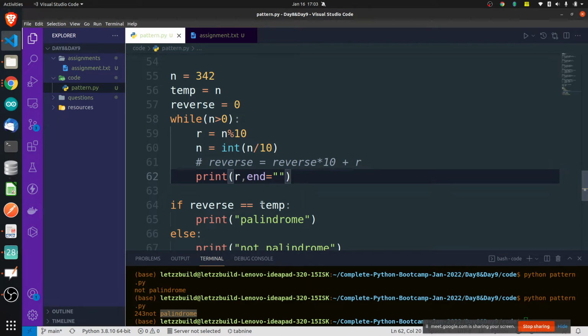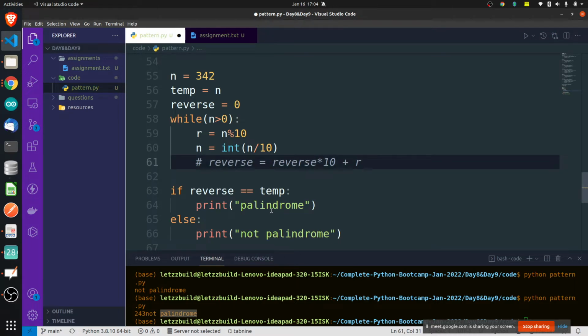I cannot do something like this. No, it will not show palindrome because we will get the output one by one. It is only there to show the output. That's it. You will not be able to hold that number in any variable. This 243 is not stored in any variable. It is actually printed in one loop. So no variable is holding this number 243.